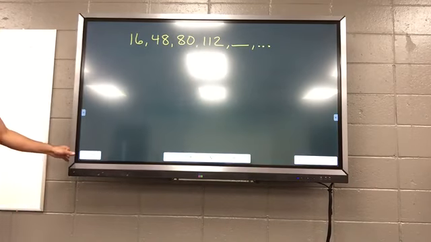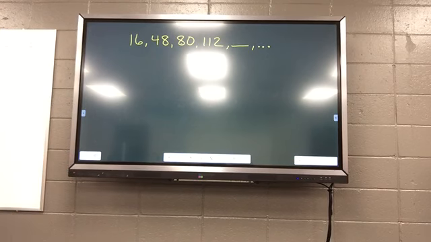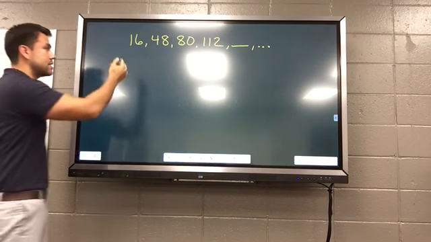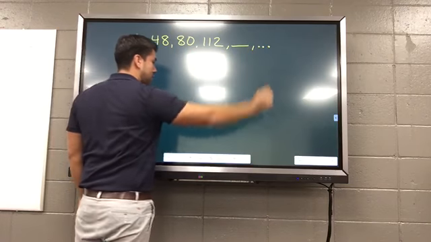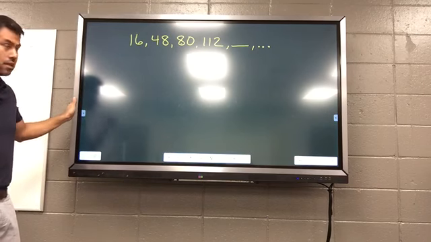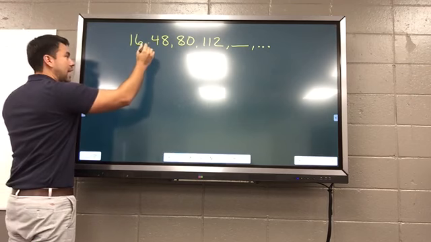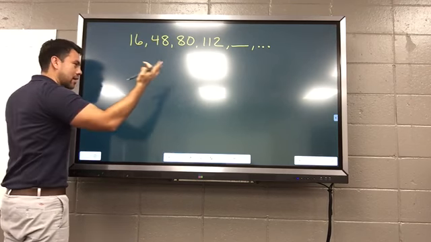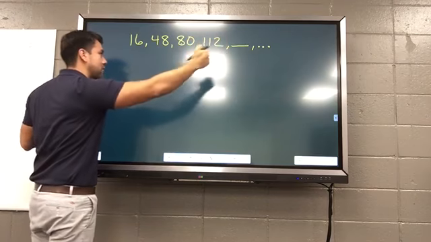Okay. Infinite or finite? Infinite. Do I have all the terms up there? No. In fact, you see the one is underlined, but there's nothing above it. What do you think I want you to find? This is what you need to do either mentally or writing it on your paper. This is a sequence because it has that dot, dot, dot. It follows a pattern. What I have to do, and this is what a lot of you do mentally, is find out what that pattern is. How are they related? How do I get that fifth term?